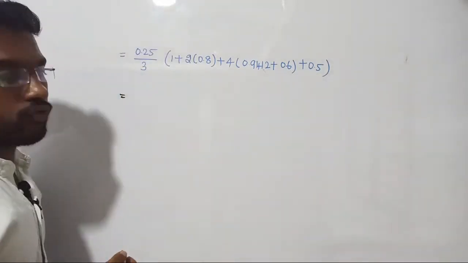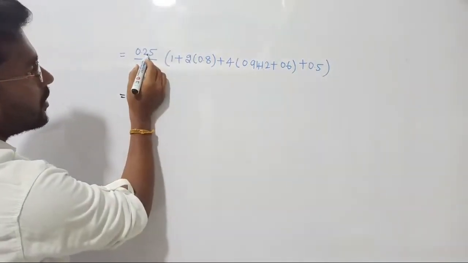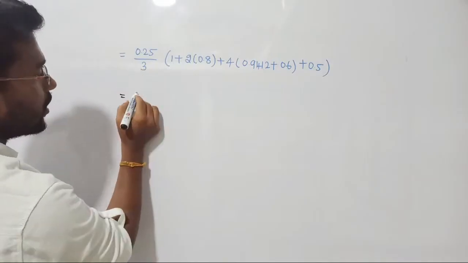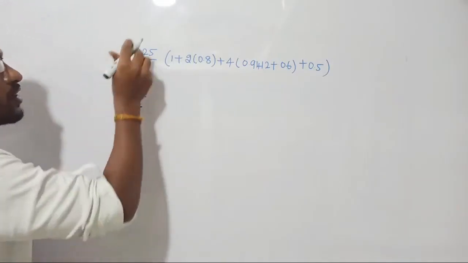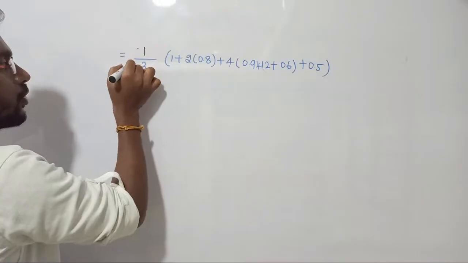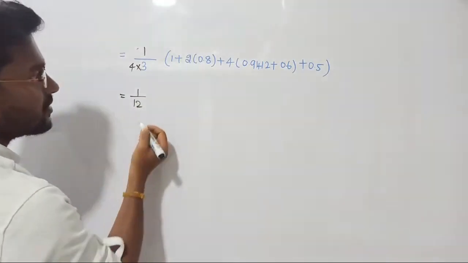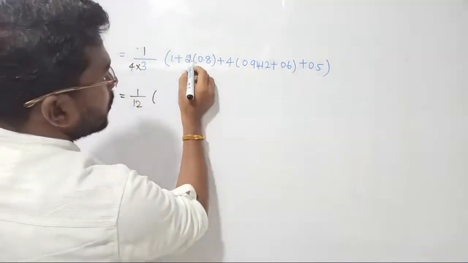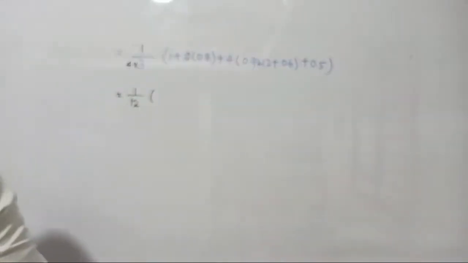0.25 is equal to 1 by 4, correct? So 1 by 4 into 3 can be written as 1 by 12. Instead of 0.25, I am just telling you, you can put 1 by 4. So it can be written like this in bracket: 1 plus 2 into 0.8 will give you 1.6, such that,